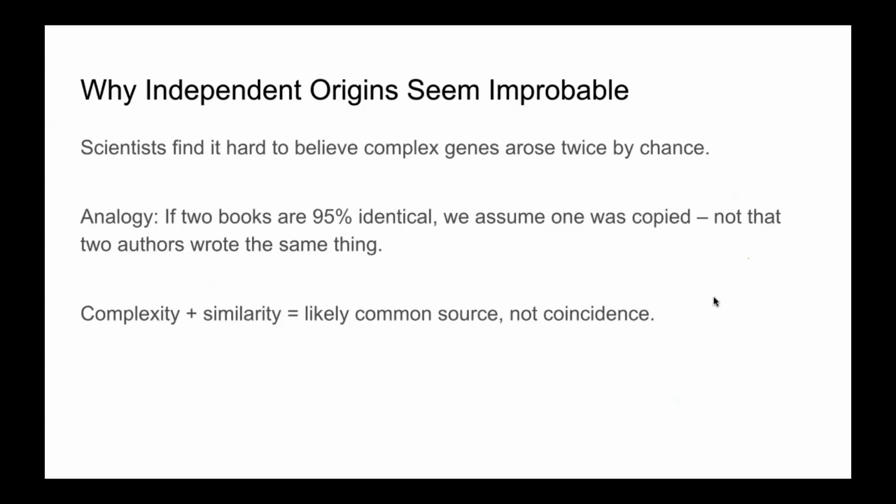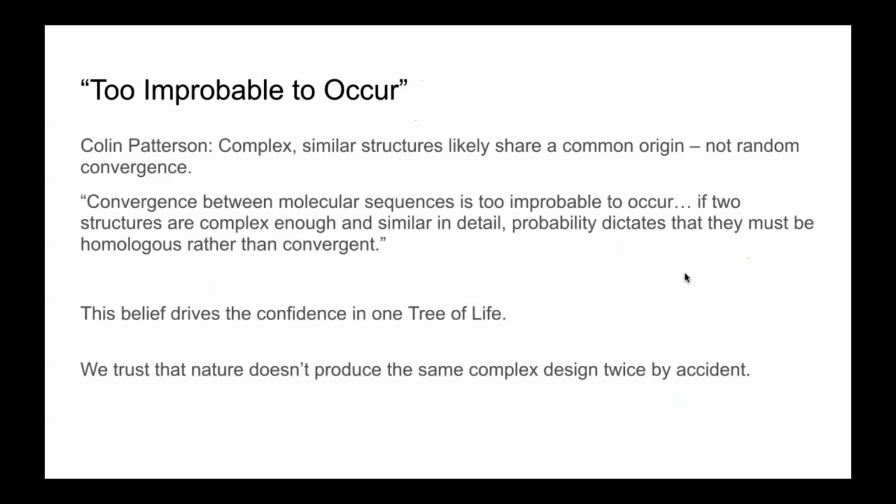But the question is, is this a valid approach? Is there any flaw in the way that we are assuming this? Is there any flaw in the way that we're inferring homology when it comes to similarities? But before I touch on that question, one of the paleontologists, Dr. Patterson, says himself, convergence between molecular sequences is too improbable to occur. If two structures are complex enough and similar enough in detail, probability dictates that they must be homologous rather than convergent,